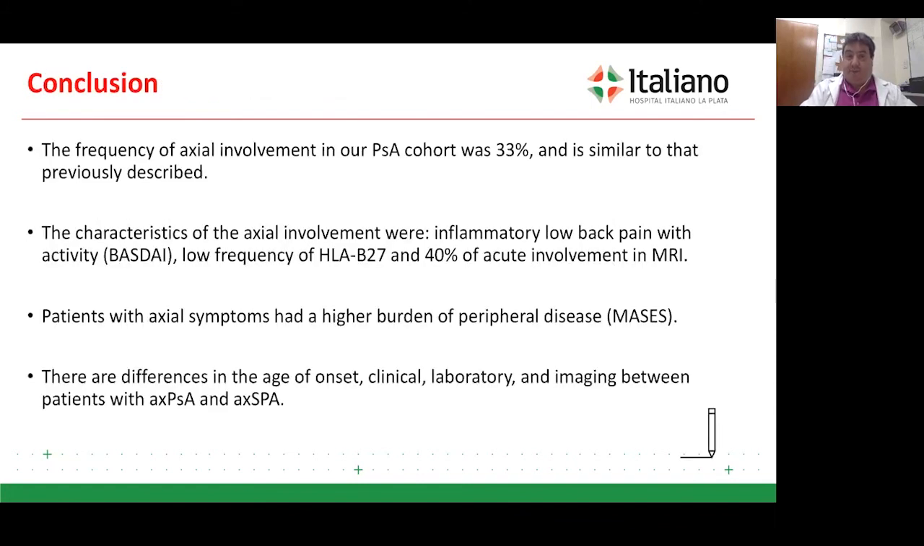And in conclusion, the frequency of axial involvement in our PsA cohort was 33%, and this frequency is similar to previously described. The characteristics of axial involvement were inflammatory low back pain with high disease activity by PASDAS greater than 4, low frequency of HLA-B27, and 40% of active involvement in MRI. Patients with axial symptoms had a higher burden of peripheral disease. There are differences in the age of onset, clinical, laboratory, and imaging between the patients with axial PsA and axial